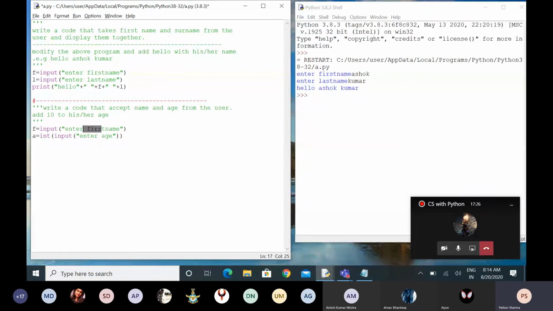We are just entering the name. No need to specify, that is your choice, whatever you want to specify here. Except name and age, we have already taken the name and age. After that, we are just displaying: add 10 to his or her age. We can display his name also. If you want to print the age, then you can print the age also. Or before printing, you can specify your age is